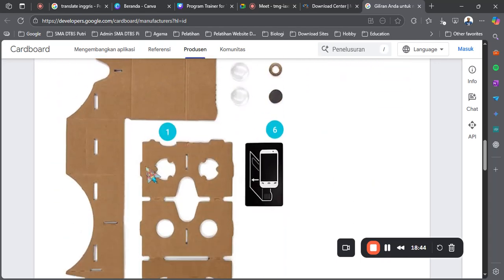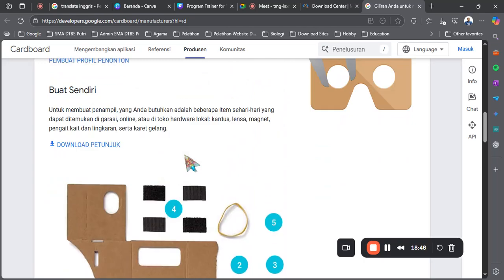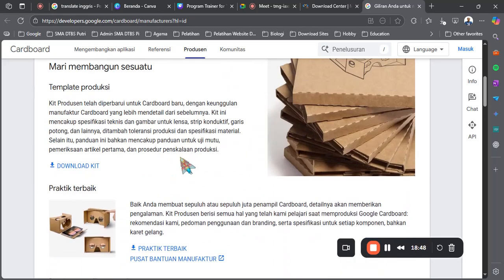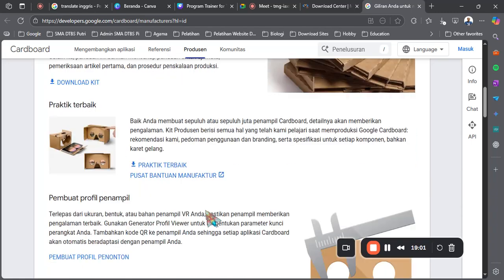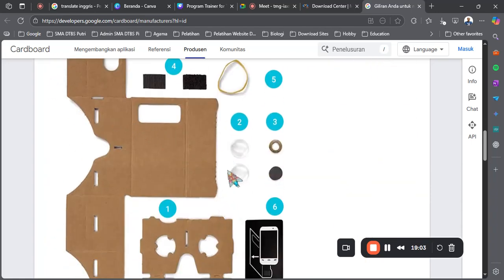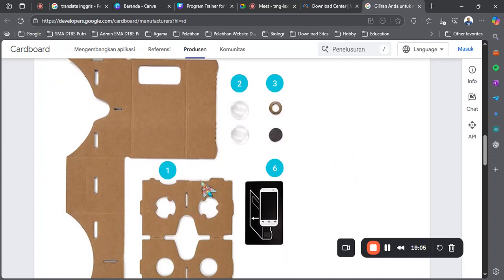You just have to print the template, glue it on your cardboard, cut it with your scissors, and glue it as displayed here. And then we can use VR.